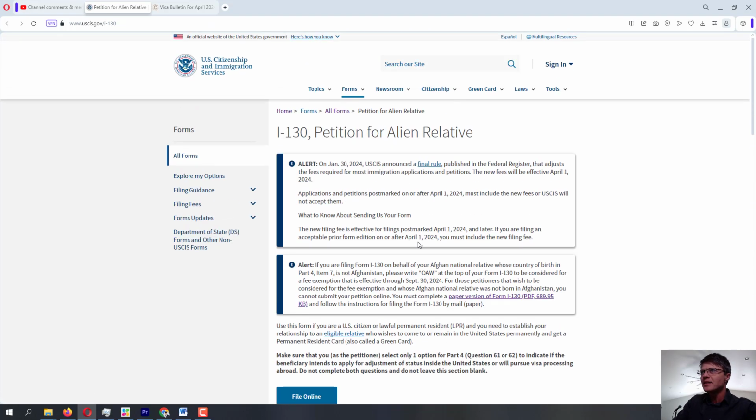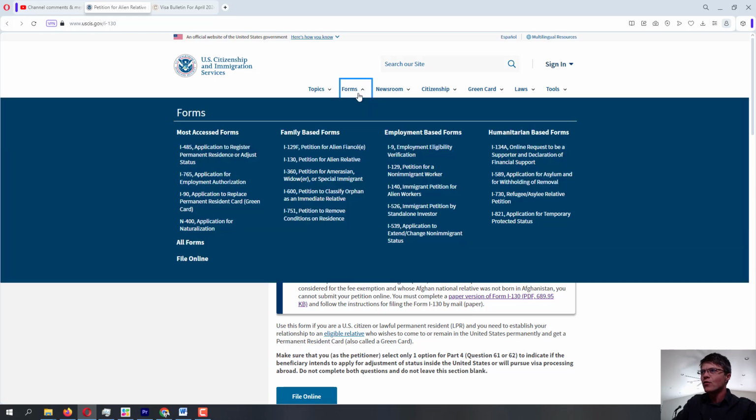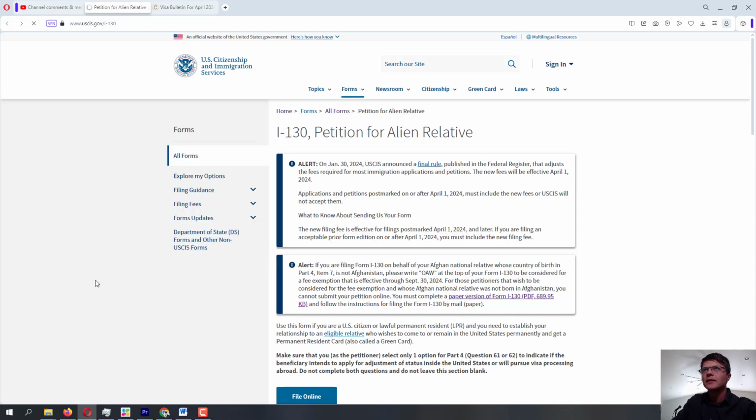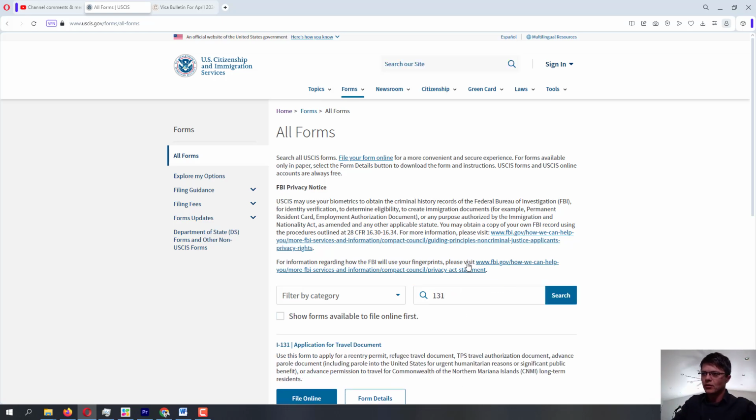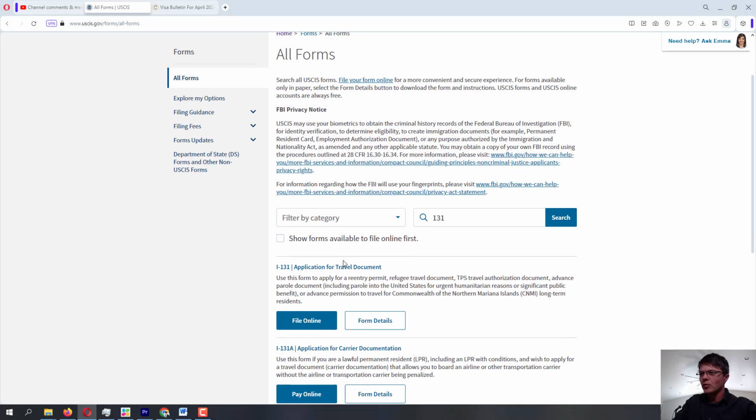And I'm gonna paste the form here so that you have it in front of you and you can read through it. Let me see. I'm pretty sure it was I-131, but my numbers are always all over the place. There you go, application for travel document.